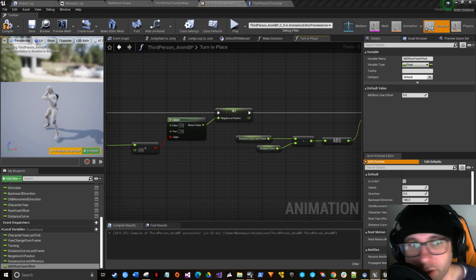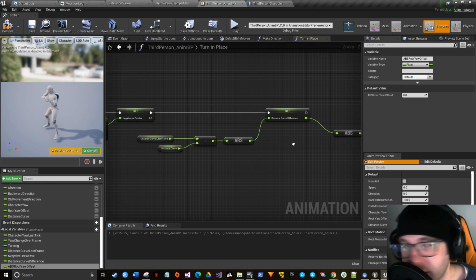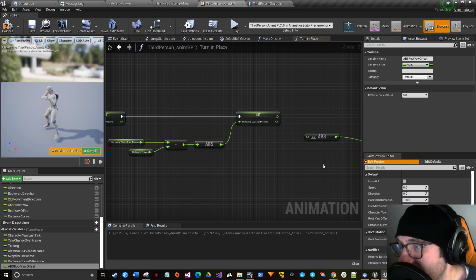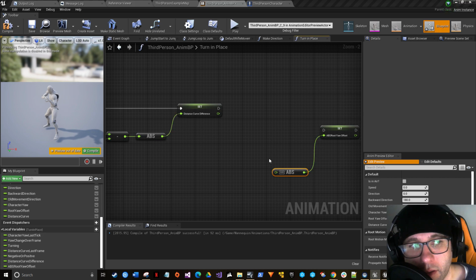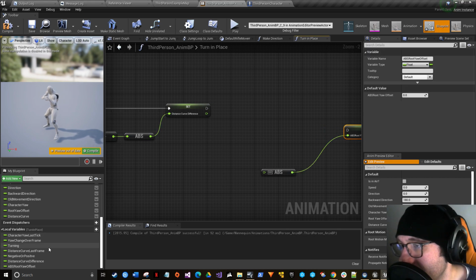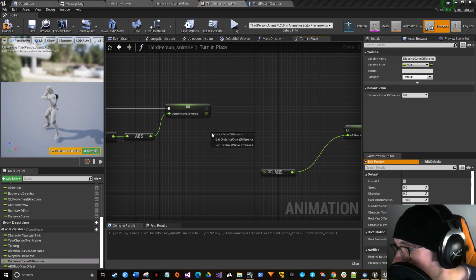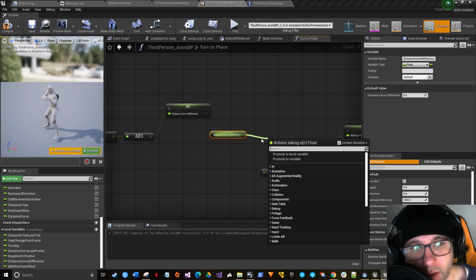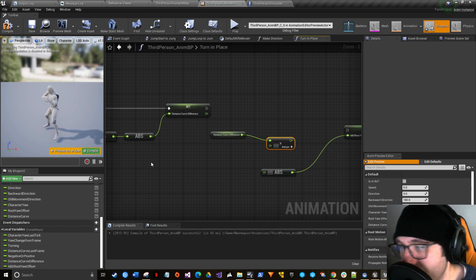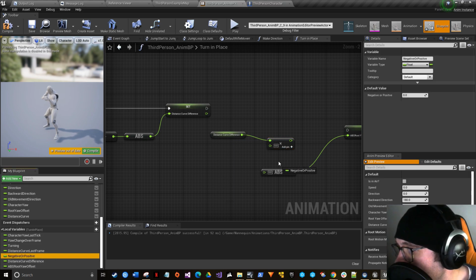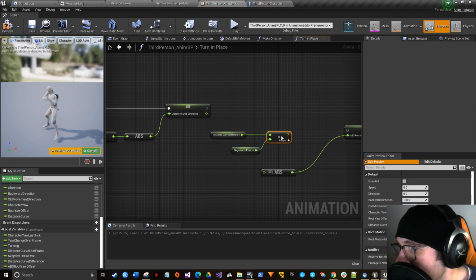And let me back up here, make sure I have everything in order correctly. So we do our select nodes, negative or positive. Come over here, I got our ABS, setting our distance curve difference. And just so things aren't as confusing, I'm going to pull off of there. And we're just going to work with new nodes. Take your distance curve difference, multiply it, float by float, take our negative or positive number, put it into here,